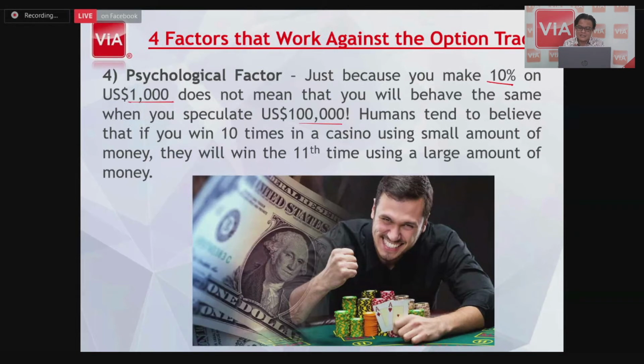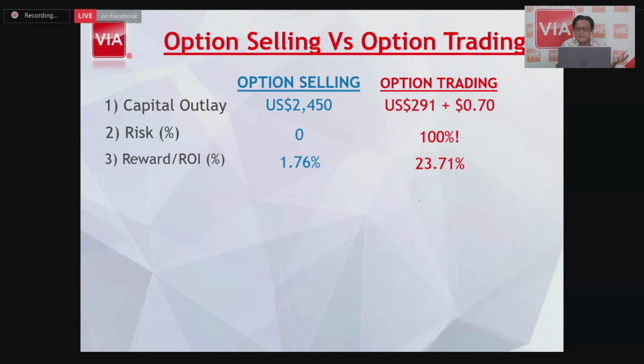Now, on the other hand, if you're the option seller, nothing. You write, you sell, you take the money, you run away, you continue your life. There's nothing against you, because all the factors are against the option buyer. But again, life is all about choices. If people like to feel good getting 3%, which is absolutely fine because it's their money, right?